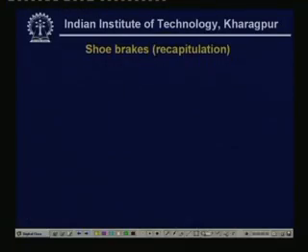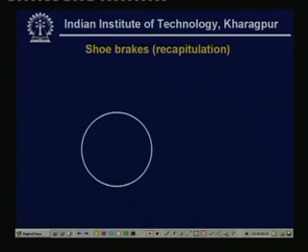But before that, let us go to the shoe type brake again and discuss something very quickly, the internal or external shoeing arrangement. So, the basic kind of shoe type brake can be taken as, say, this is the drum, and we have the brake shoes here. There are two symmetrically placed levers,